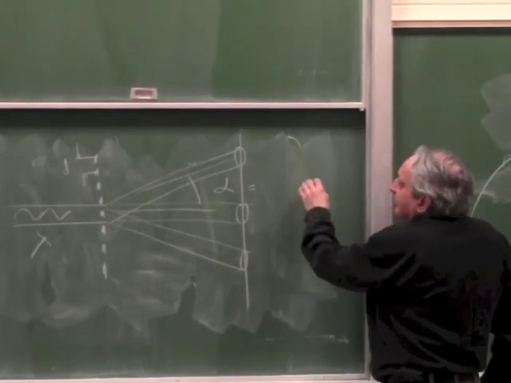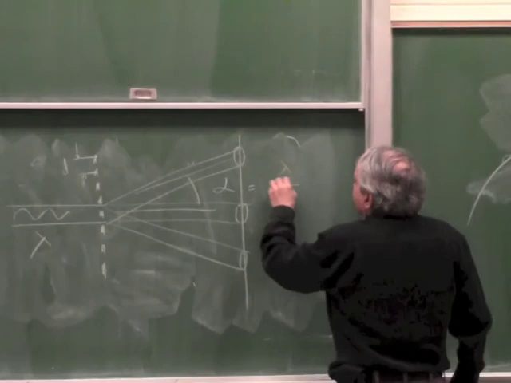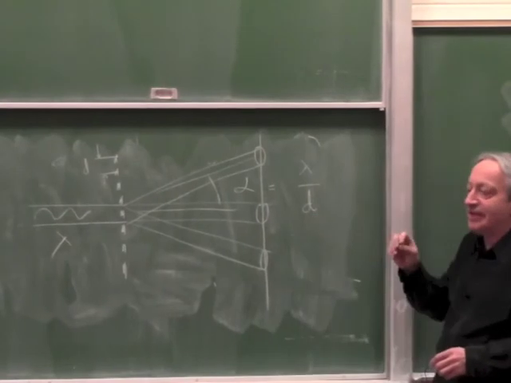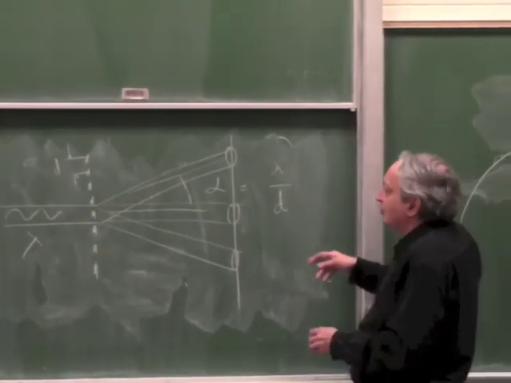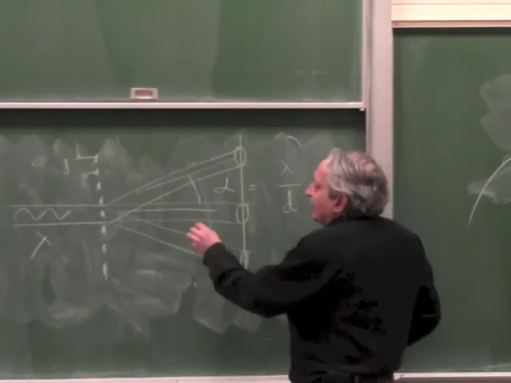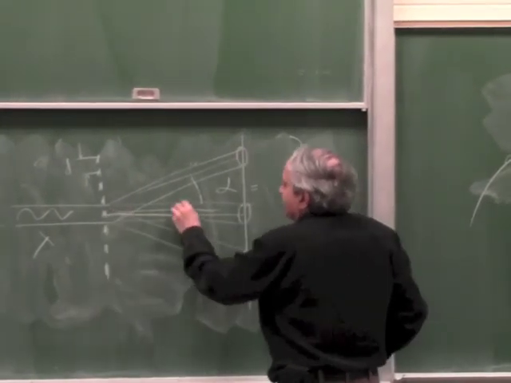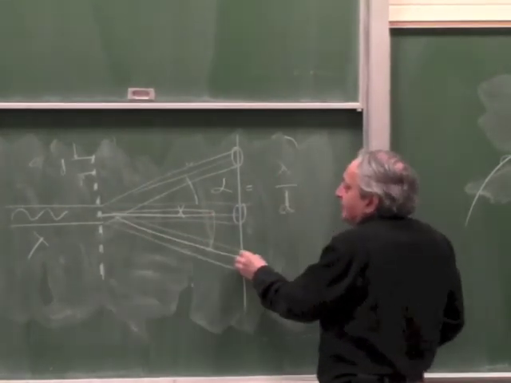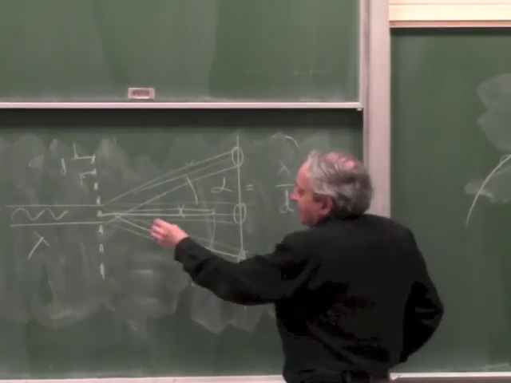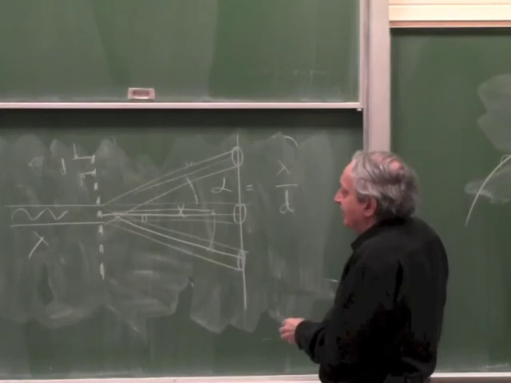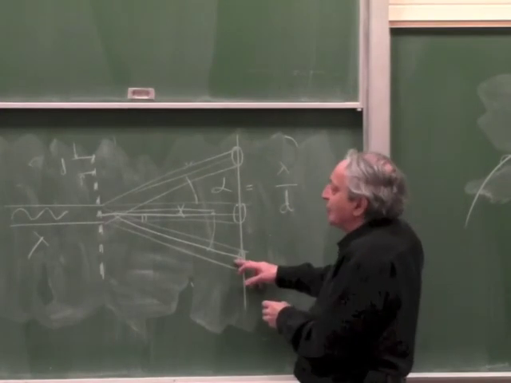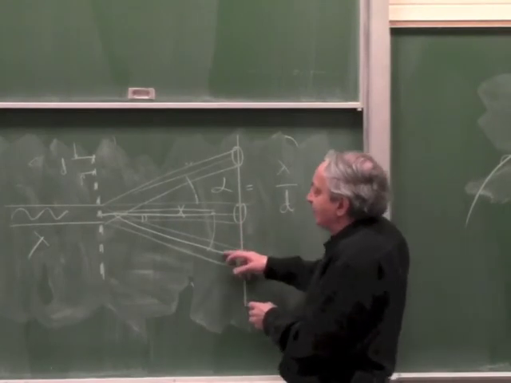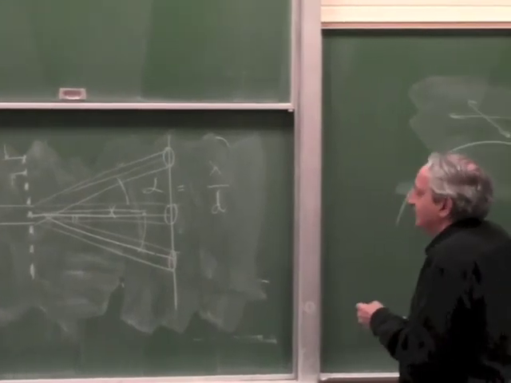let's just see it. It's lambda over D. Now it's actually sine alpha. Sine alpha is lambda over D, but for small angles, the sine of the angle and the angle are the same. And the way you prove it: at this distance, let's call this distance x. Now, if this angle is alpha, I can calculate this distance, and all I have to calculate is at what angle the path difference equals lambda. Because when the path difference equals lambda, I will